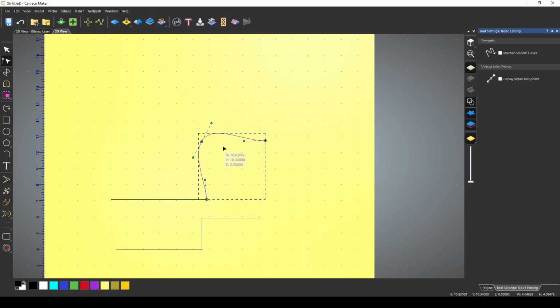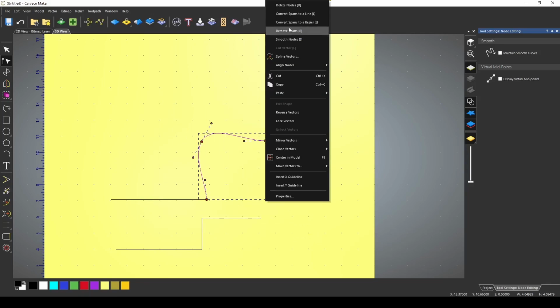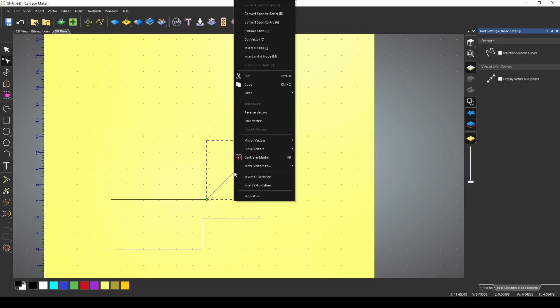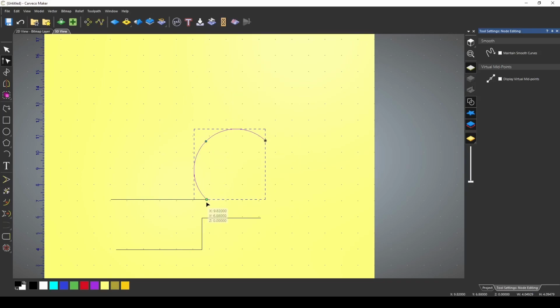The other type of curve that we have is an arc. I'm first going to turn this into a line, and then I'm going to convert this line back to an arc, which is convert span to arc. You'll notice that the arc made a semicircle with a node in the middle. The difference between arcs and Bezier is a Bezier is controlled with the Bezier wing, and each side is controllable, while an arc is only controlled by its middle point. So wherever you move this middle point in and out, it's going to keep both sides of the span the same length. It will only move like this.